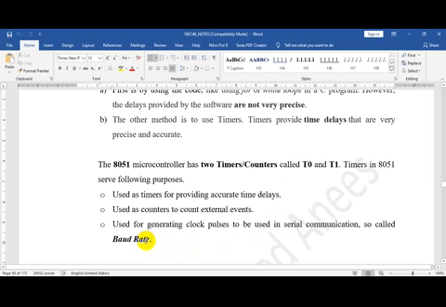So in 8051, timers are also used to generate the required baud rate for the serial port. These are the three purposes for which we use the timers. In the syllabus, first we will see how timers can be used to generate delays. Then when we consider the serial port, we will see how the timer is used to generate the baud rate.